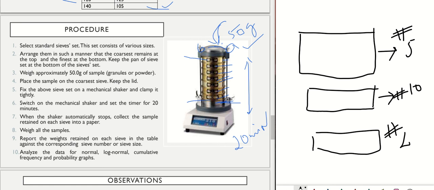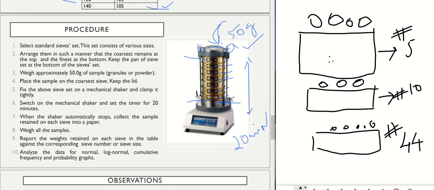The material or particles which stay on this sieve would be larger ones, and the powder particles which pass through sieve number 5 will be smaller than the pore size of this one and larger than the pore size of the next one. So when we see this in detail,